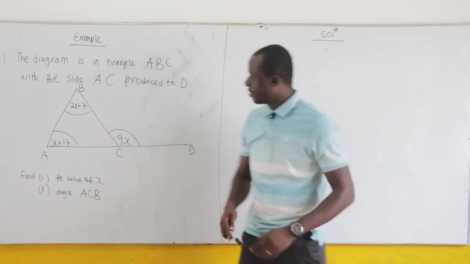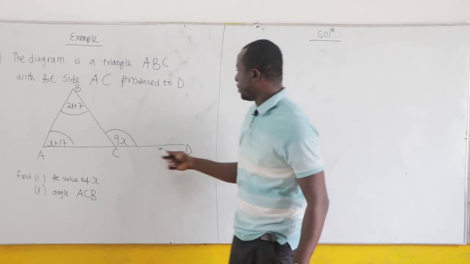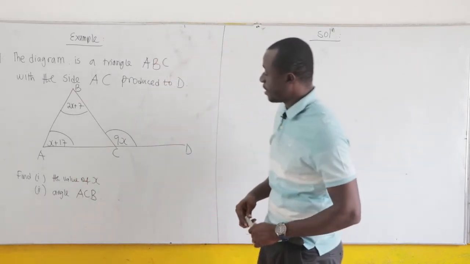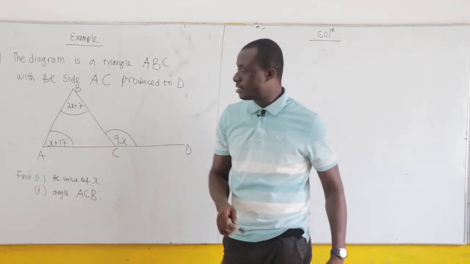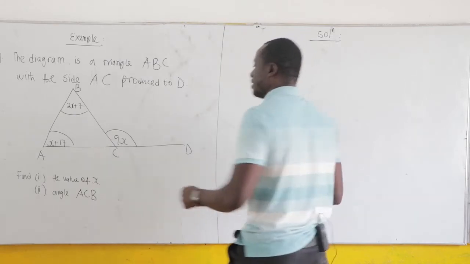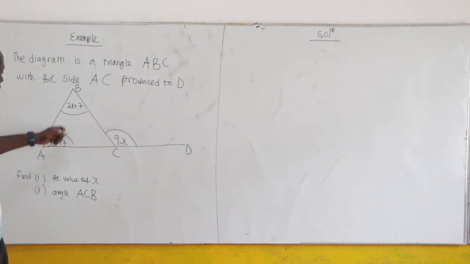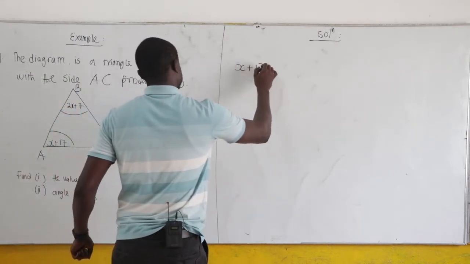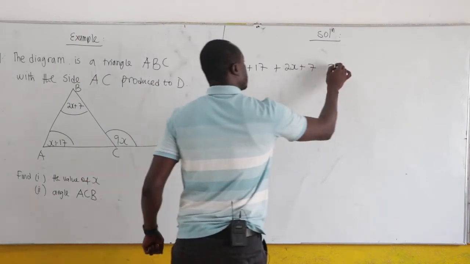Now let's consider the past question. We have been told that the diagram is a triangle ABC with side AC produced to D. Find the value of x. Now these are the opposite interior angles, and then we have here the exterior angle. So clearly, how can we find it? The sum of the opposite interior angles is equal to the exterior angle. So the angle here plus the angle here equal to the exterior angle over there. So our x plus 17 plus 2x plus 7, this is equal to